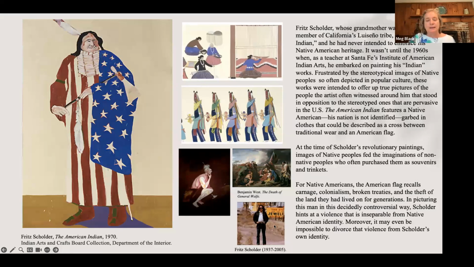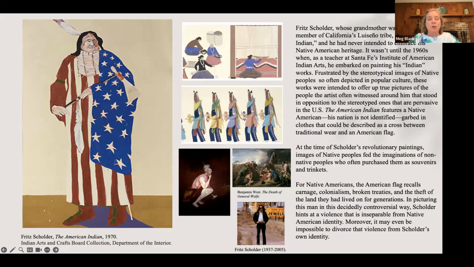And a lot of the wares that they were making, like this jewelry for sale, were more for tourists who were coming to their environments, not this kind of more romanticized image. And he starts to play with images of Native Americans that had been portrayed by, for example, Benjamin West, who was actually born in America, but ends up making his career in England. So he's reigniting some of these images.